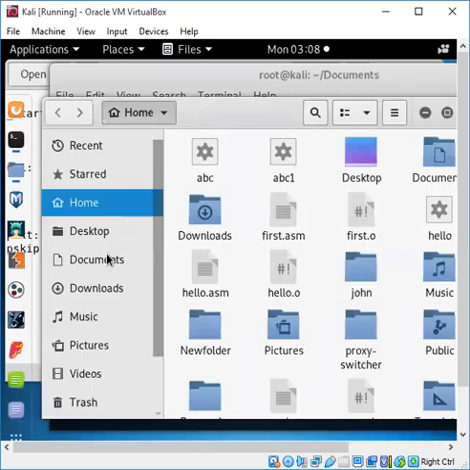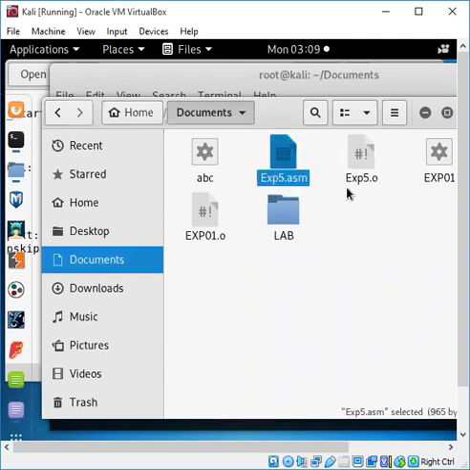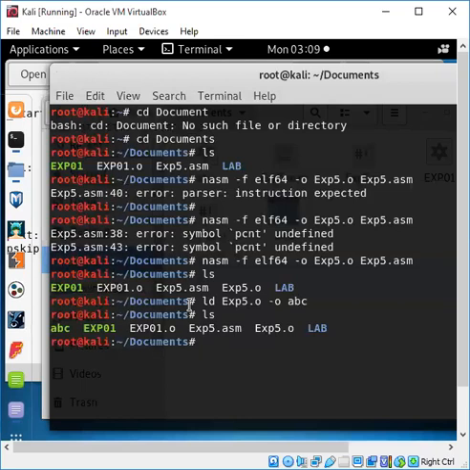So in the Documents folder, after compiling exp5.asm we get the object file, and we link that to get the executable file. This is the executable file. Now we go to the terminal and execute it with dot slash abc.